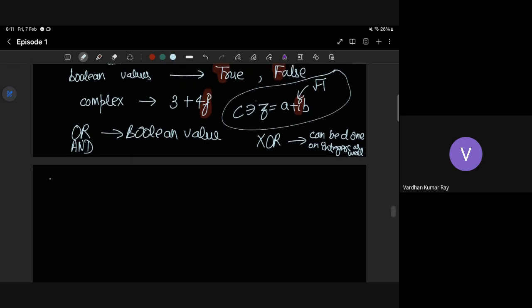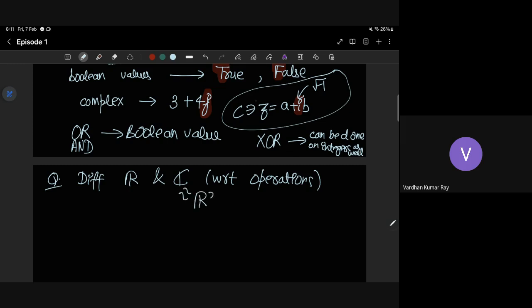What is the difference between real and complex numbers with respect to operations? There is some operation which I can't perform on complex numbers but can on real numbers. Can you tell me? I'll take a minute to answer. There is one operation which I can't do in complex numbers, but I can do in real. That makes it so different, even though I'm just writing two real numbers, which can be grouped as a square. Yes, the thing is division. Division is not there.